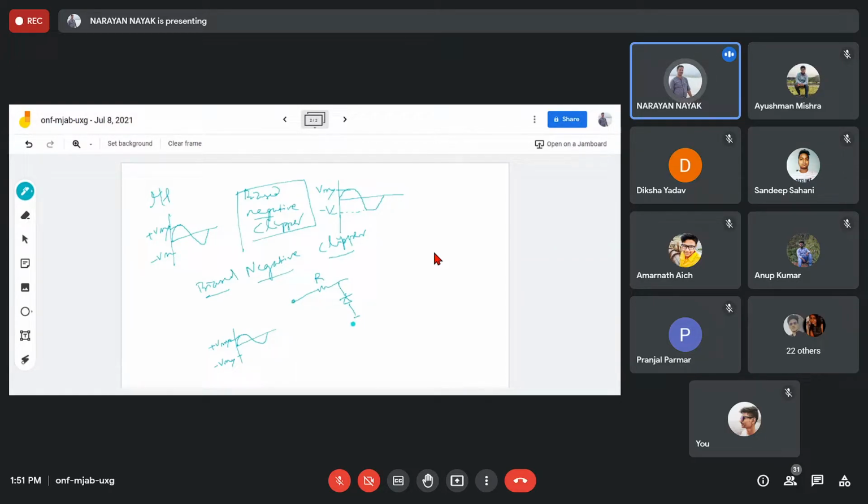The battery is like this. This is the bias voltage. Across this is a load resistor, RL, and you have to find the output voltage. Now, how are you getting the output voltage? What type of voltage do you get? As it is a bias negative clipper, some portion of the negative cycle will be removed.